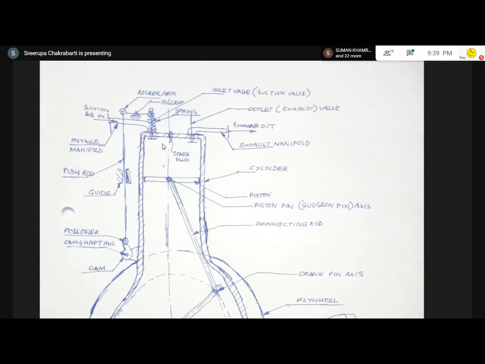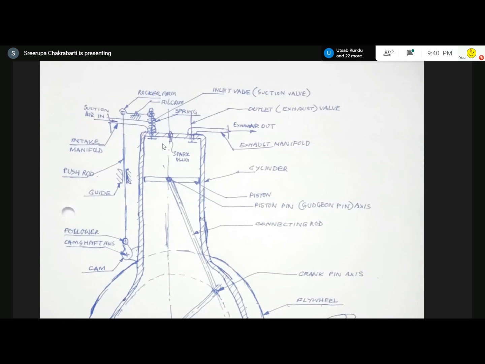In order to attain that temperature, if the gas is compressed and heated, then the fuel is also heated. So when the gas is heated, when the piston is nearer to the top dead center, if we start the spark, then it will be easier for the fuel to attain its ignition temperature. That is the reason why the spark occurs closer to the top dead center position of the piston. Theoretically it is exactly at the top dead center, but actually it is not so.